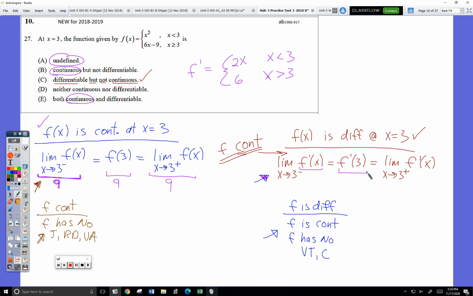So, we good? Say again. I'm a little confused why you wouldn't, because there already is one. Gotcha. Let me draw a picture and hopefully it will help. Okay, if f looks like this, I'm not saying f does, but if f looks like this, and this point right there is x equal 3,